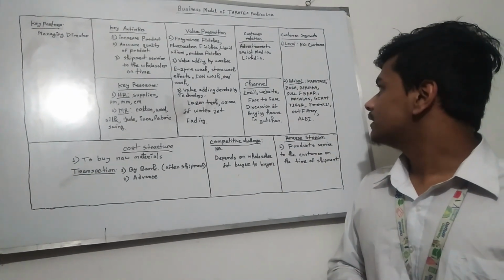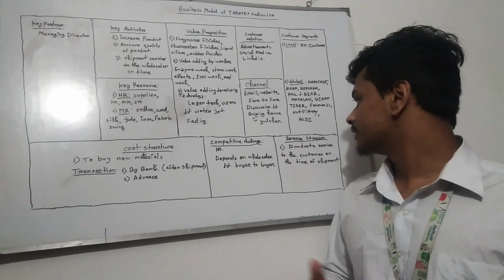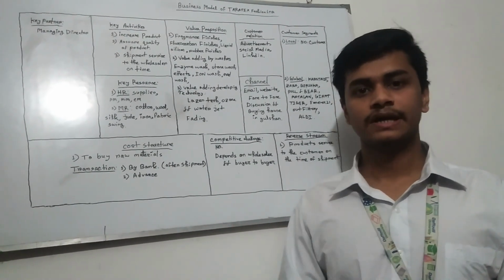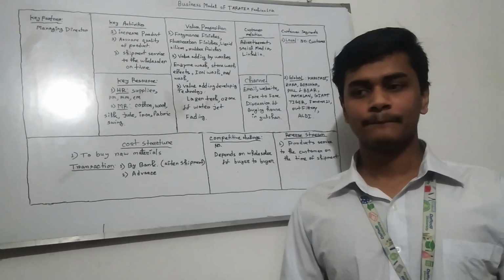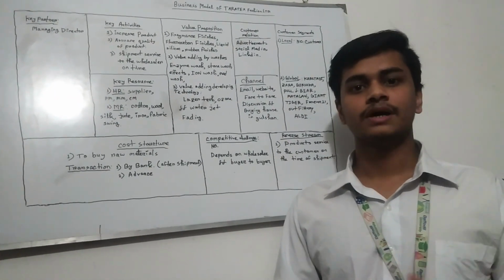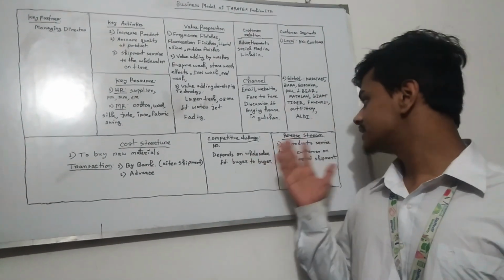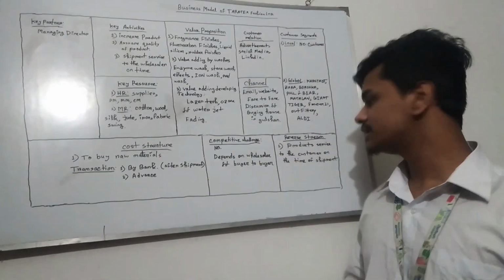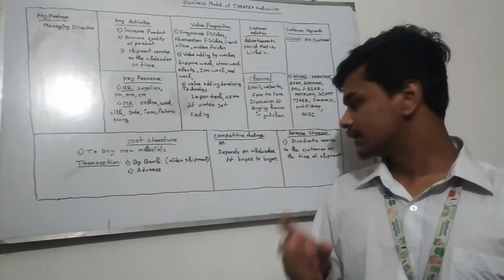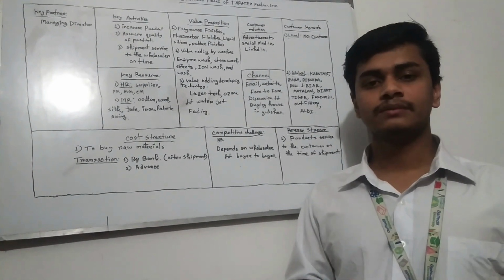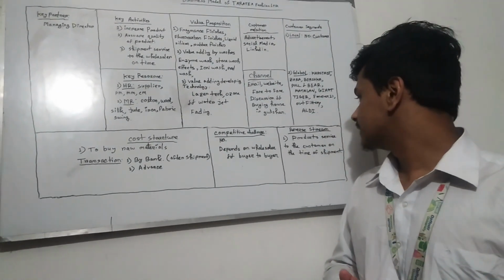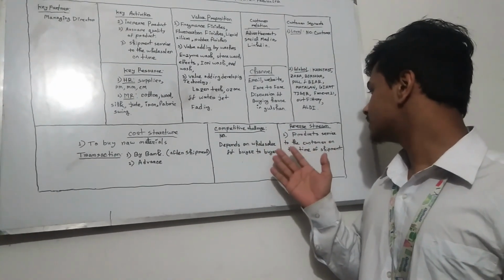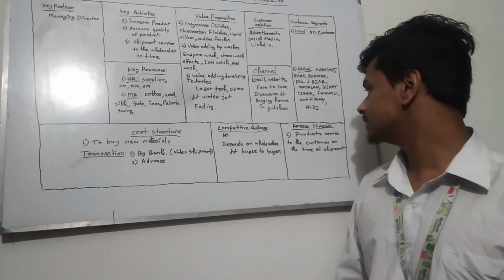If they provide good quality products, then the products will also survive globally. And the next criteria, I will elaborate the reverse stream. So what is the criteria of their profitability? Obviously this is a profitable organization because two transaction processes have been done: one is money transaction, one is product transaction. So what is the reverse stream of this organization? Product service to the customer at the time of shipment. If the shipment has been done at the time negotiated with the customers, then the benefit comes from this reverse stream.